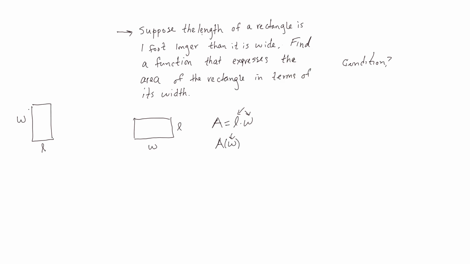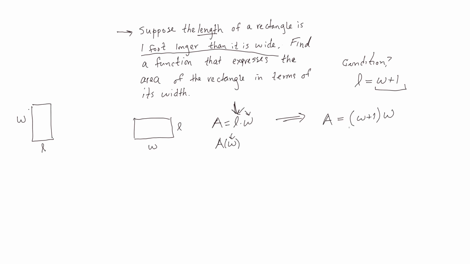It says that the length of the rectangle is 1 foot longer than it is wide. That is just another way of saying that the length is equal to the width plus 1. Good. So whatever you solve for goes away, and in this case we just solve for the length, which means that the length can go away. Over here we now have that the area is equal to, instead of this L, we can use what the L is equal to. So the area is equal to the width plus 1